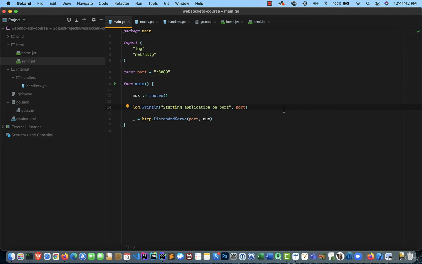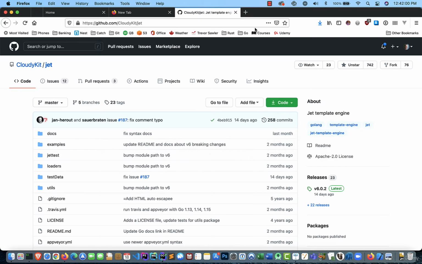Having said that, there are other template systems out there. And there are many to choose from. You can actually just Google Golang template engines and you'll get a list of a whole bunch of them. I want to draw your attention to one, and I want to show you a very, very simple application that uses this templating system. So the templating system is found here,